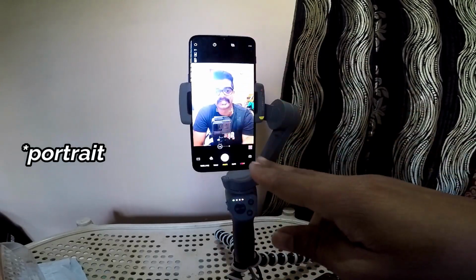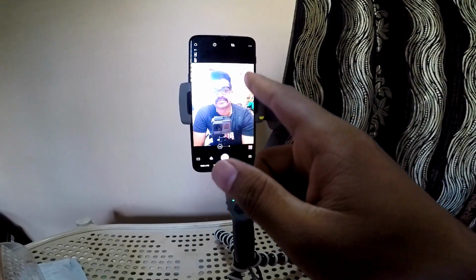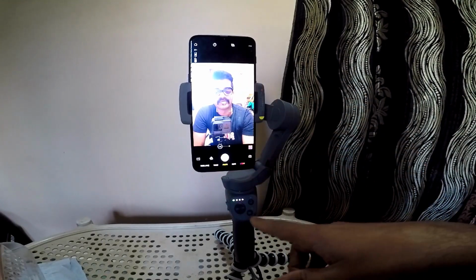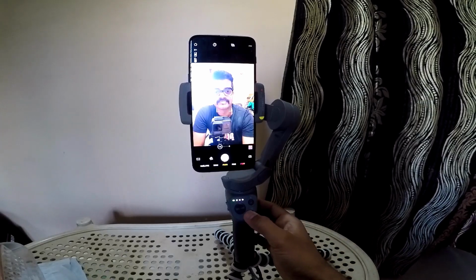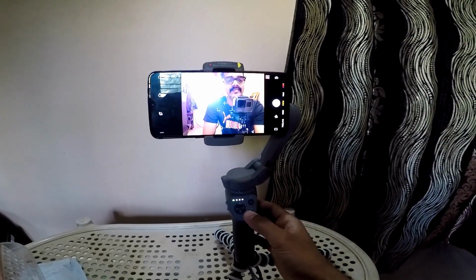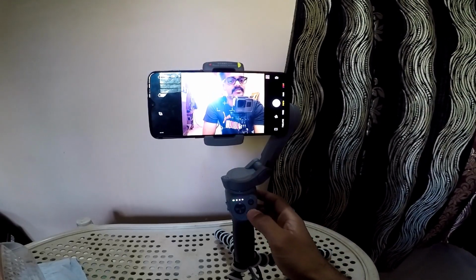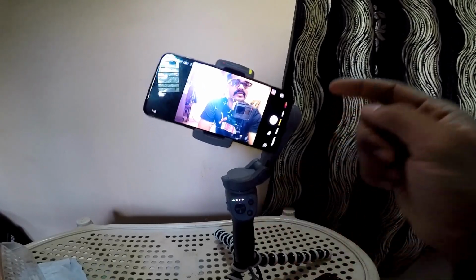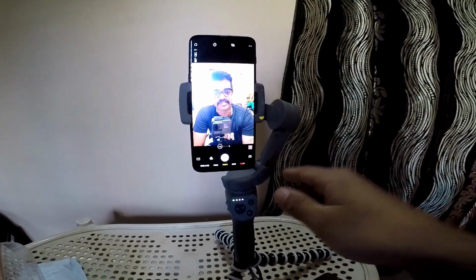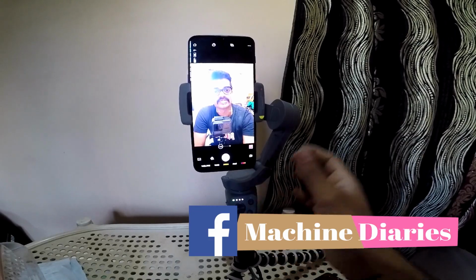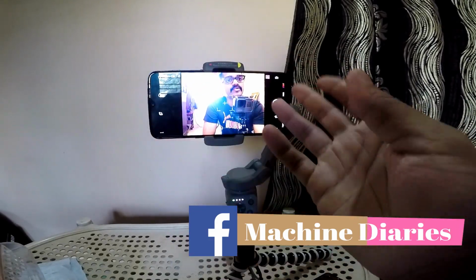When you turn on the gimbal, it will be in this type. It will be vertical. So if you want to turn the mobile horizontally, then you have to press the M button twice. So that is first shortcut. M button twice again, it will become vertical. Going back to horizontal, landscape, portrait or landscape.